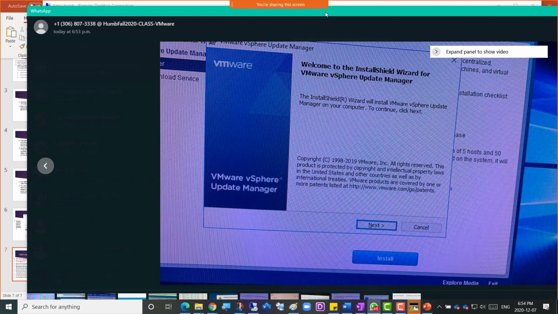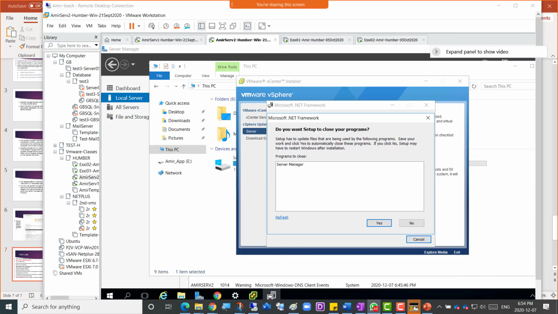You need to select the SQL as well. Did you select the SQL? No. So in that case, cancel. Again, cancel and go. Cancel this and first make sure to select SQL and then click install again. Okay. Thank you.